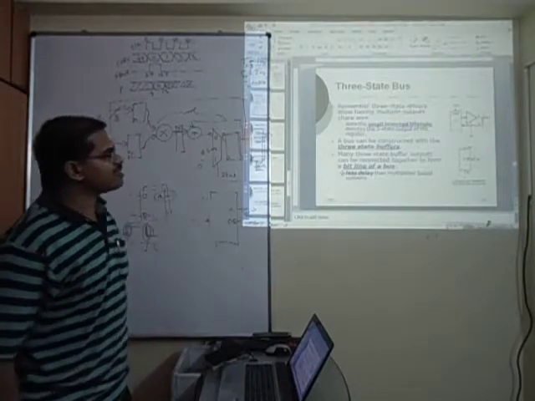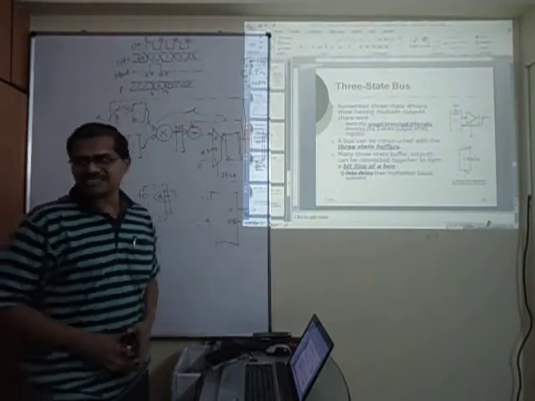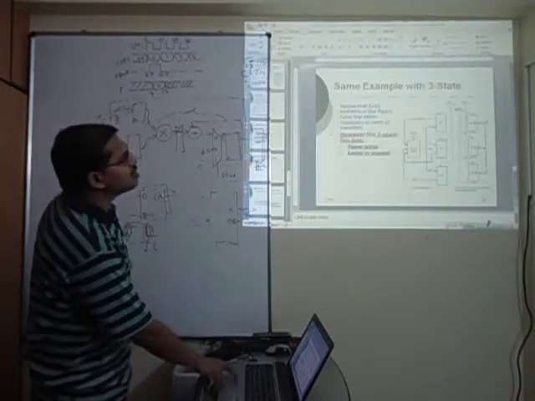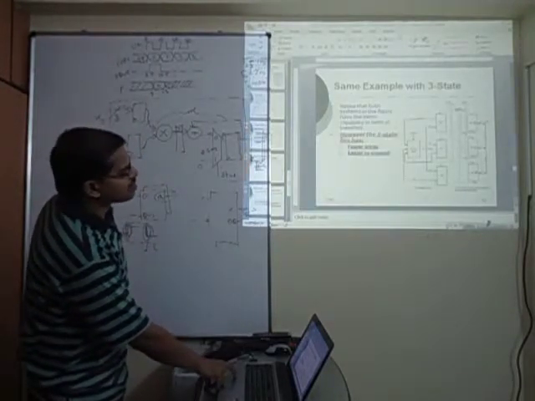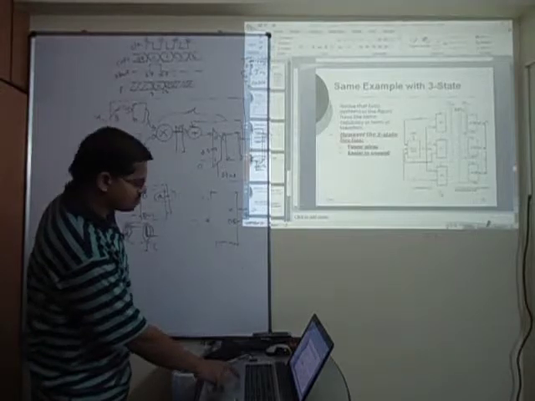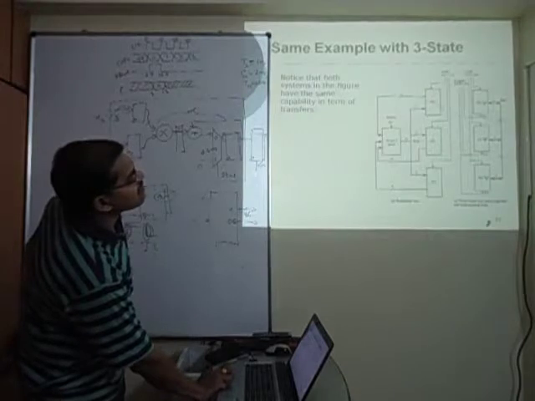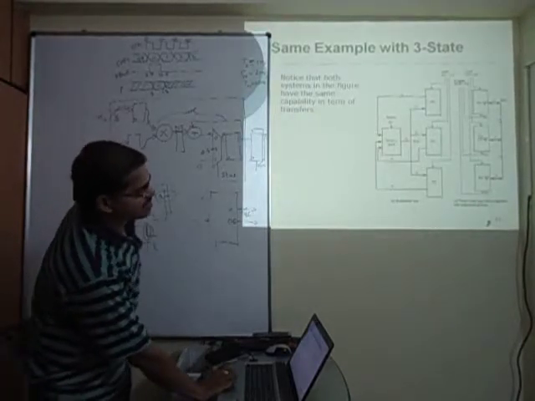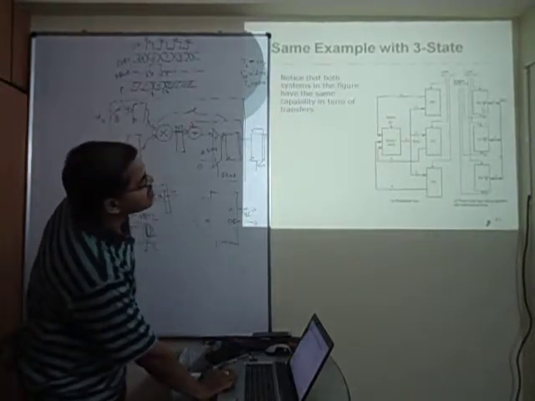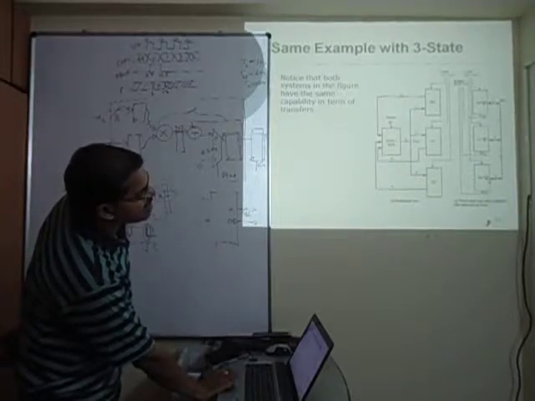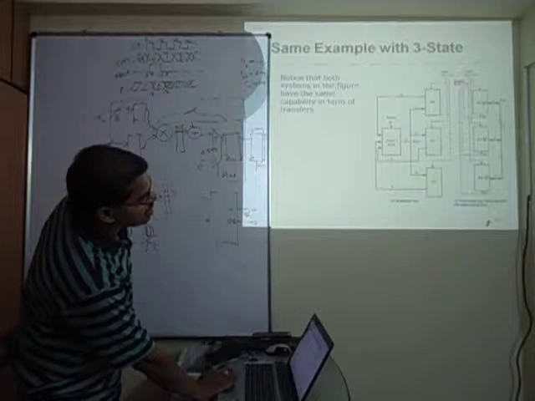Other way of implementing them is tri-state logic. We already discussed in our last session about the tri-state buffers. So, a smart way of doing it could be, you look at here, you don't look at this one. This is actually the conventional multiplexer bus. Maybe I can put it into full screen. So, this is conventional mux design. This is tri-state design. Okay. So, in tri-state design, what you are doing, these are all basically the outputs. This symbol is to indicate the tri-state. All their outputs are shorted.